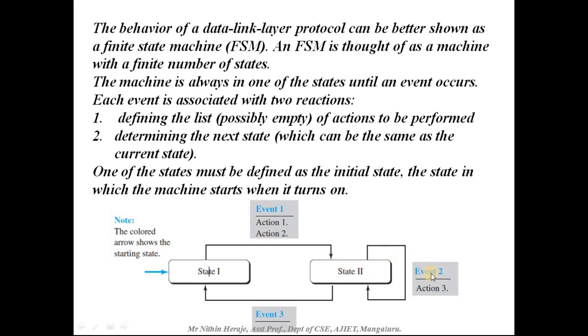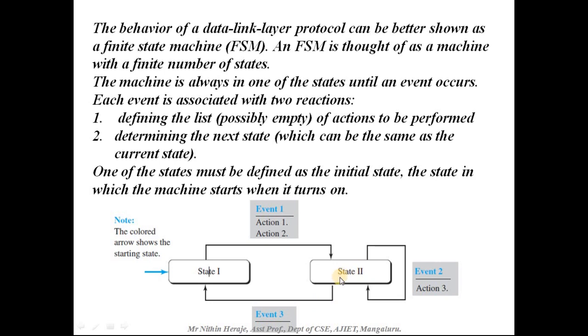When it is in state 2, there are two possible events. If event 2 occurs, it performs action 3 and remains in state 2 itself. If event 3 occurs when it is in state 2, there is no action to be performed.